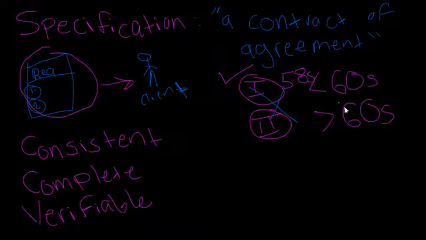And that's really all verifiable is. It's being able to run a test to approve or reject that requirement being satisfied. Next, we have traceable. So traceability is being able to take, let's say we start off with this requirement and